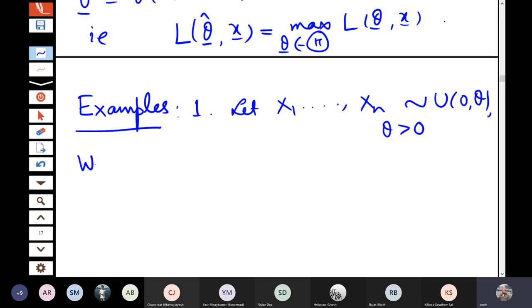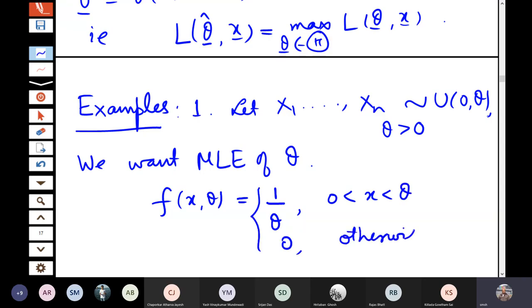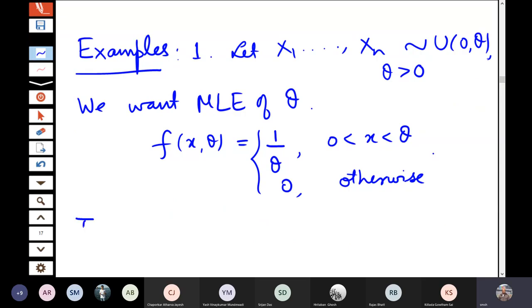We want the maximum likelihood estimator of theta. So consider the likelihood function. What is the density function in this case? You know the uniform distribution. It is 1 by theta for 0 less than x less than theta, and equal to 0 otherwise. So the likelihood function is